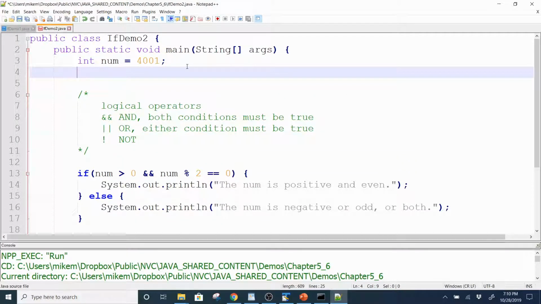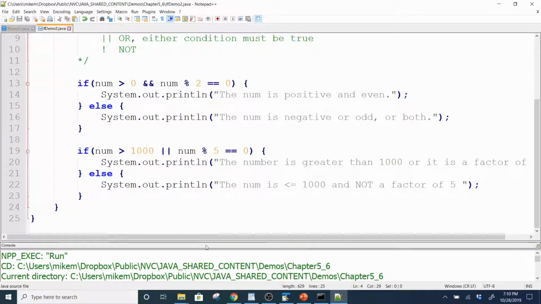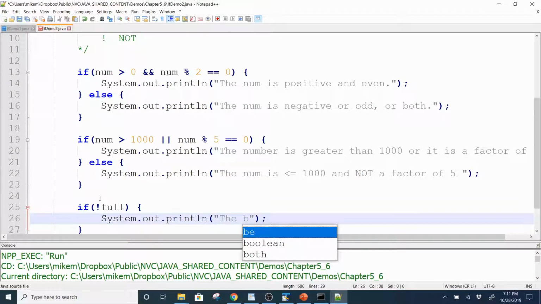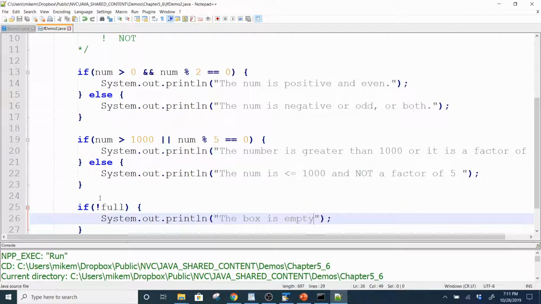So for instance, let me just use a Boolean value to demonstrate this. Say this is my box class again, and I said the box is full. Okay. Then what I'm going to do is, if I wanted to display a message if the box is not full, I can come over here and say, okay, well, if the box is not full, meaning if full is true, then not full would be false. Then I'll come over here and say system.out.println the box is empty. Okay, so I'm going to compile